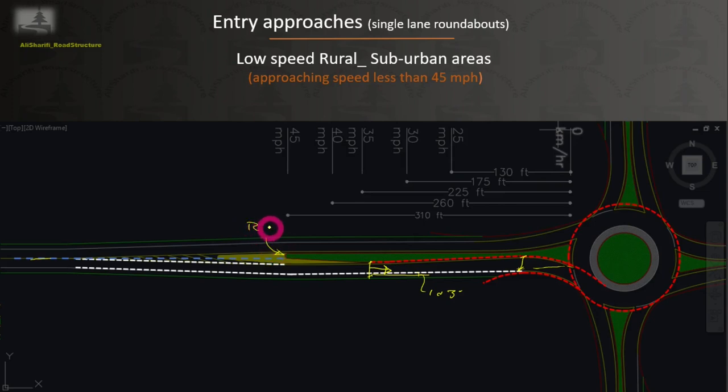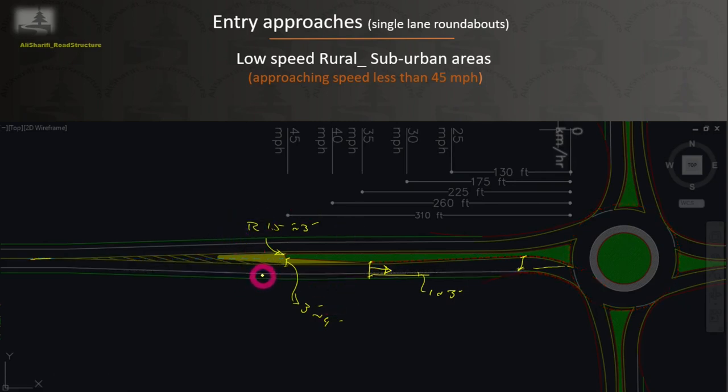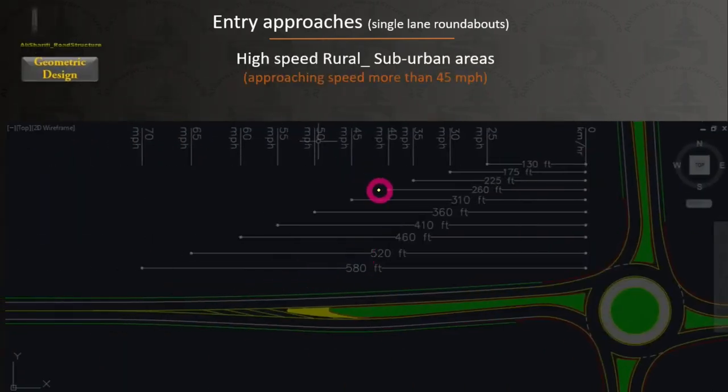a radius of 1 foot to 3 feet will be needed to round the end of the splitter island, so there will be enough room for signing, and a lateral clearance at least equals 3 to 4 feet will be needed for the approach nodes of the splitter island. All right, it's done. In the next video we will go about the entry approaches design of single lane roundabouts in